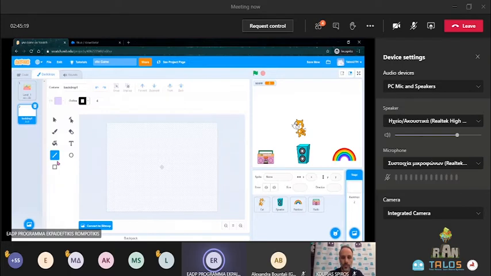So I'm just gonna need the line tool. I'm gonna make it bright red, and all I have to do is create something that looks like a maze. Basically, it's like a route that I want my sprite to make in order to collect some items. So the items that my sprite will have to collect are going to be all items that you should have